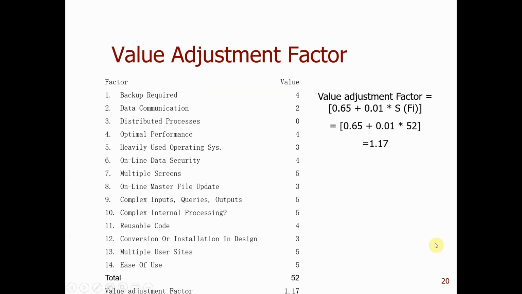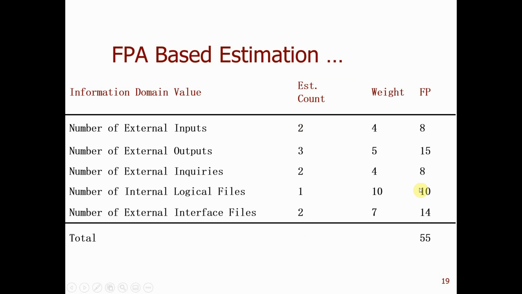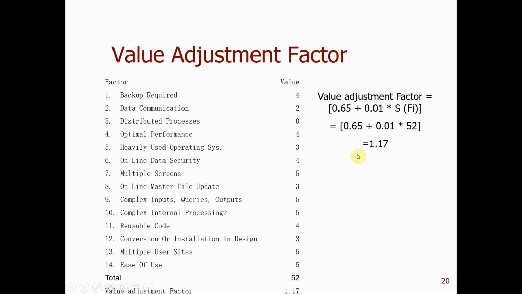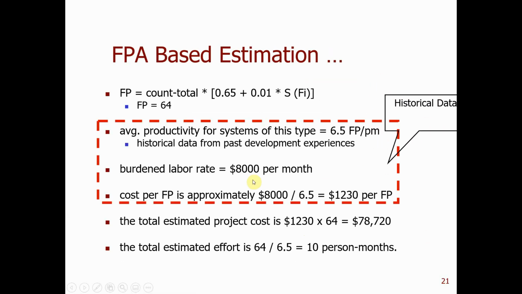Once you calculate the unadjusted function point, the next thing is to calculate the value adjustment factor, 14 of them. I'm not going to ask you to specify the values. I will just tell you the total. So you just bring this total and what you have in here into this formula, and calculate the function point. Okay, then just similar to our previous example, where we used the line of code,